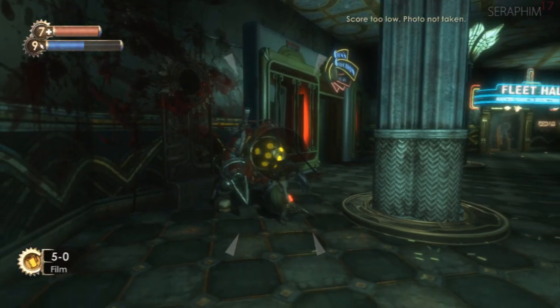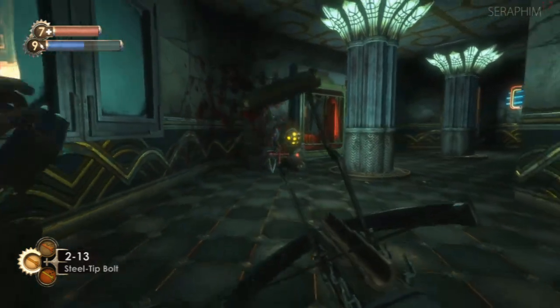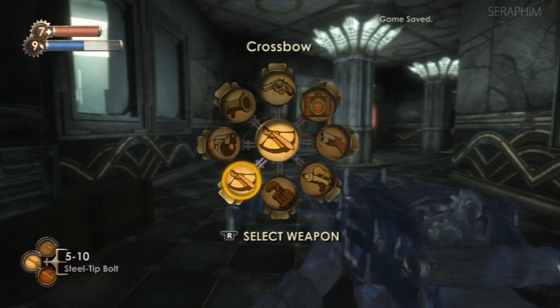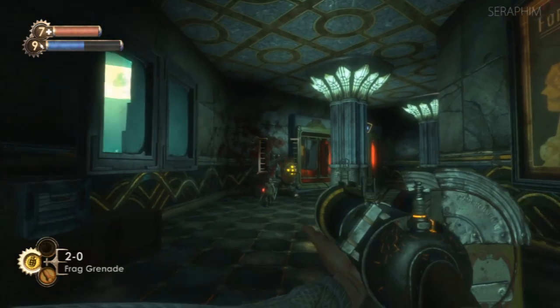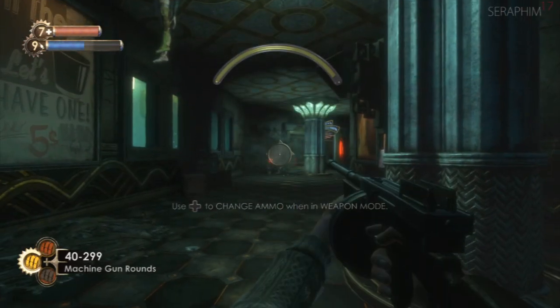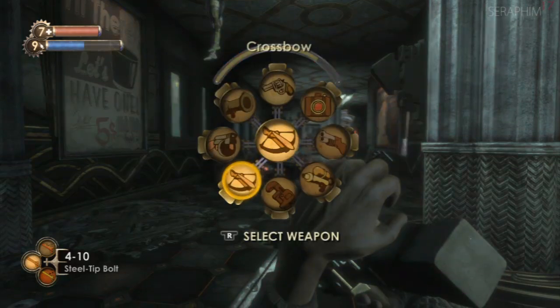Additionally, there is an achievement and a trophy for saving all the big sisters, the little sisters, sorry. And you can check on the pause menu to see how many of the sisters you've saved in the level, because it shows you how many there are, and if they're with big daddies and such. So, if you do all of them, you will get an achievement or a trophy. I think I missed a few, because at the end I don't...